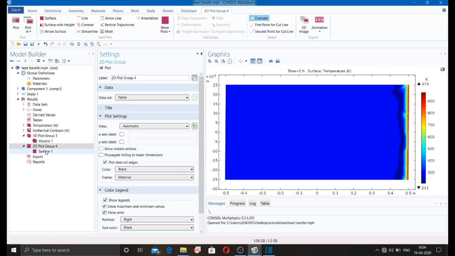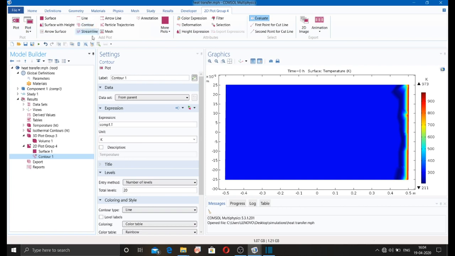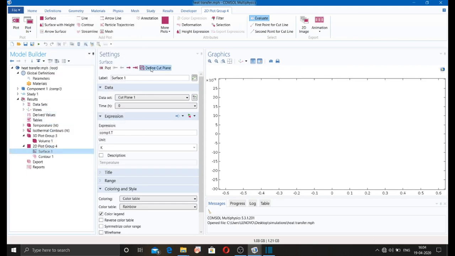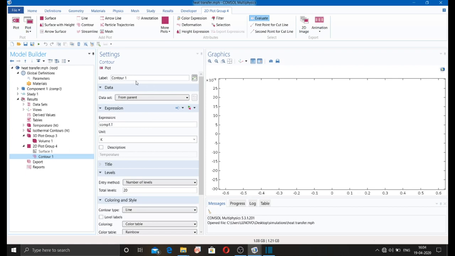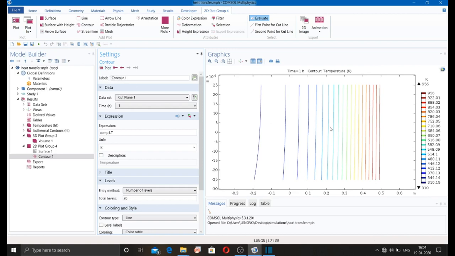So here you can see, likewise you can also use contour plots, disabling this, not defining, and plot from cut plane. So here you can see this is the contour plot.